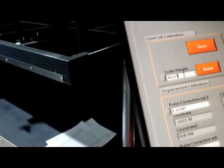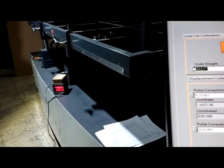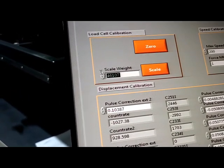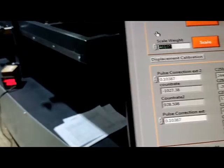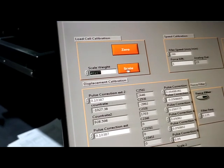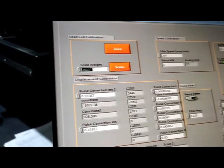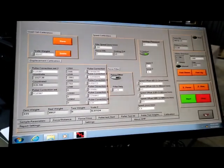And you will write here the reference value that the reference indicator shows. That one is in the unit of kilogram. You will input the kilogram value with the unit of Newton here. For example, now it's 4,052 kilogram. You will make it Newton by multiplying by 9.81, and the value will be entered here. Then you will click scale. Now I'm not doing that because it's already calibrated. Then you will click on scale. Then you will click on quit. That's all. The force will be calibrated, and the calibration parameters are saved when you click on quit,